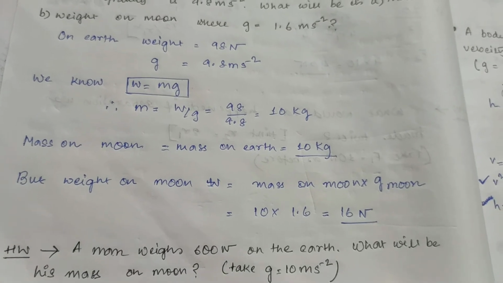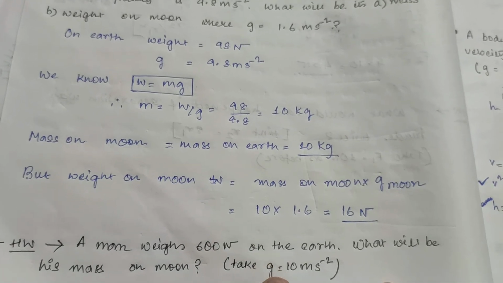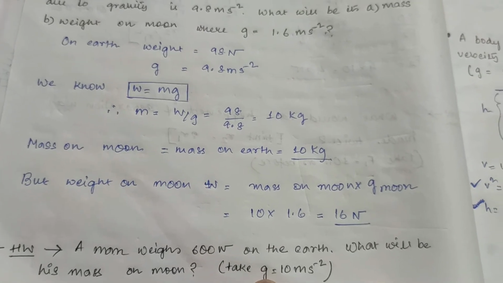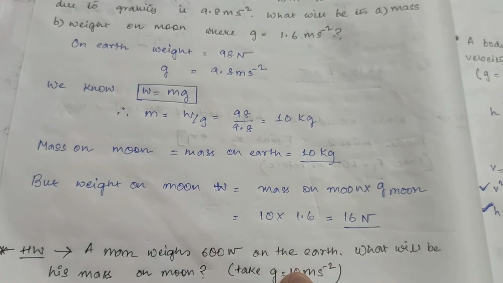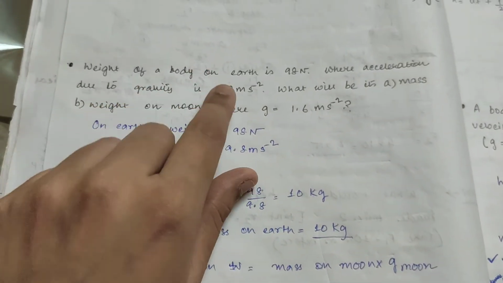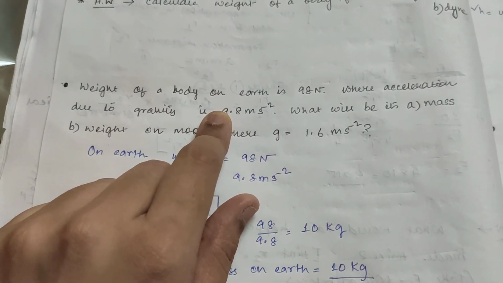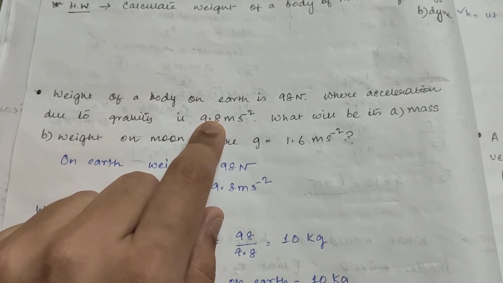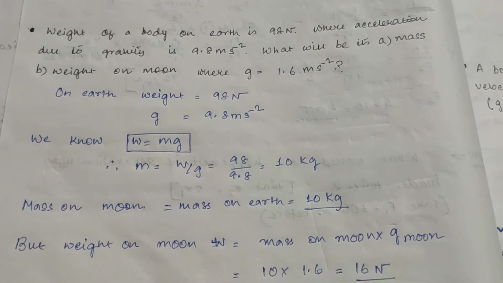A man weighs 600 Newton on the earth. What will be his mass on the moon? Now, about this g: if it is given to you, okay, use that value. If it's not given, you will find somewhere they have taken 9.8, somewhere they have taken 10, because 9.8 can approximately be taken as 10. But if it is mentioned, like here it is mentioned as 9.8, then take the value which is given in the question. If in any question the value of small g is not given, then you can take it as 10 meter per second square. Otherwise, take the value provided in the question.